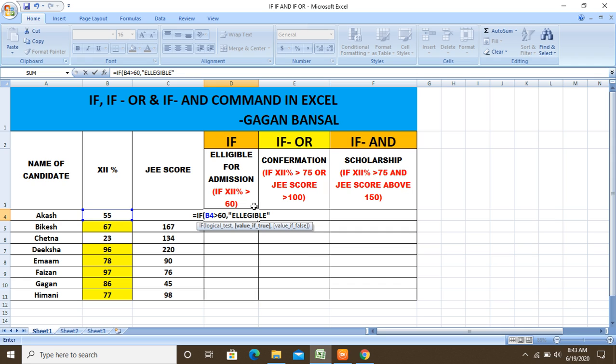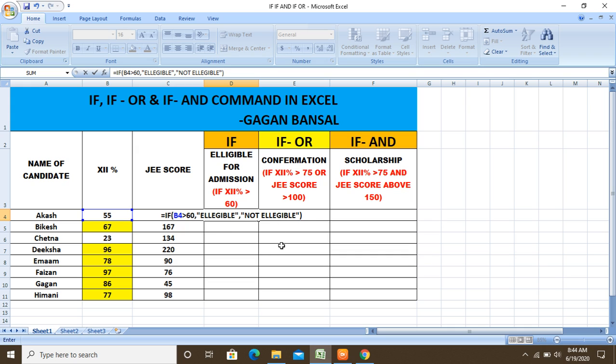Whenever we want to write any characters, we write them in inverted commas, then comma. Then what if the value is false? We will give the indication as not eligible, then bracket close.